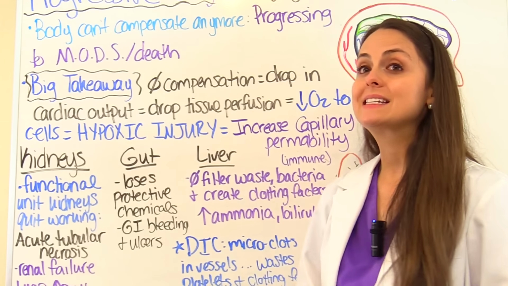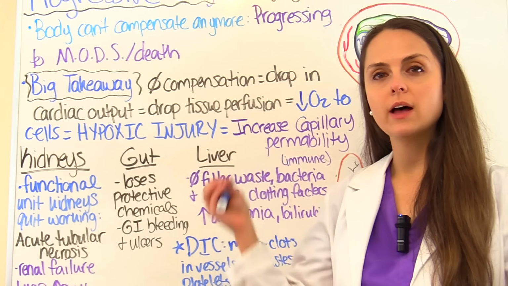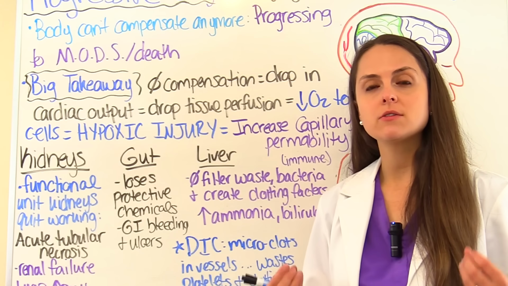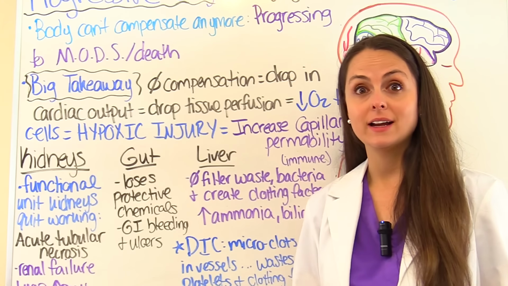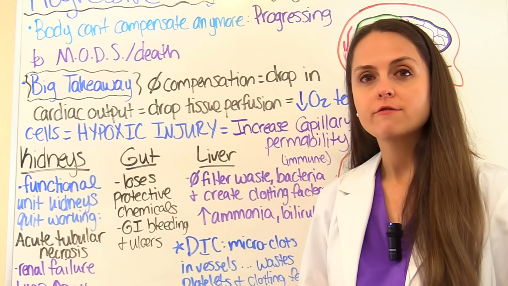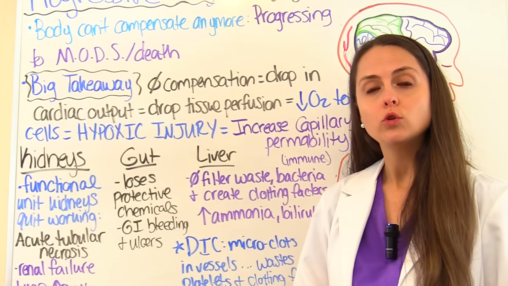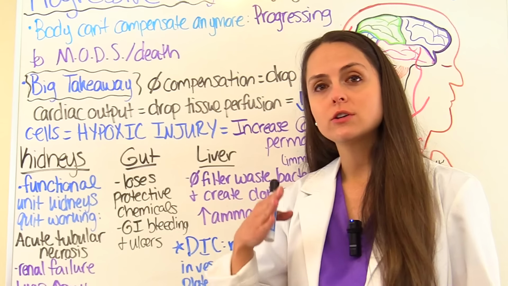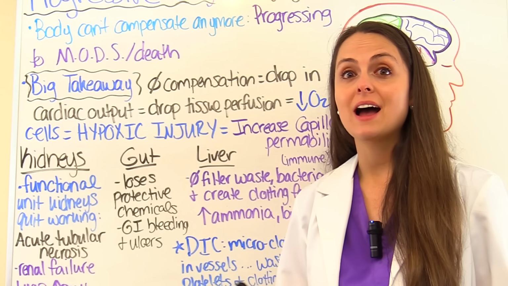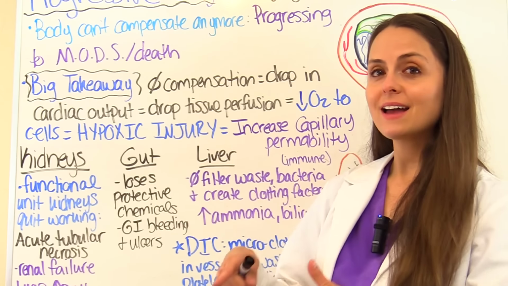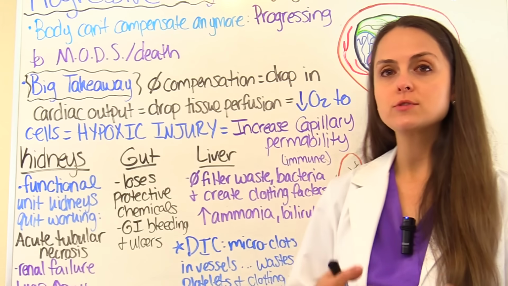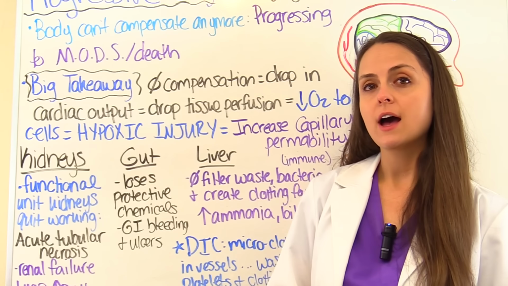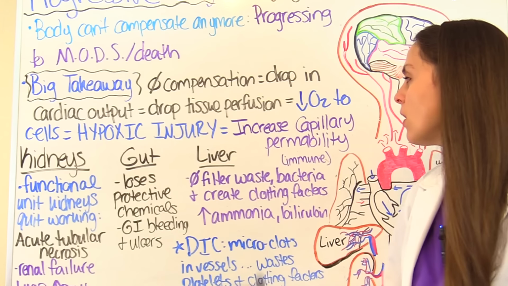Another system affected is our gut. So whenever the gut loses blood flow to itself, we talked a little bit about this in the compensatory stage, but this is going to be so severe that the cells that make up that lining that help protect our gut from the natural acid that's in there will lose their protective mechanism, like the bicarb. So ulcers will start to develop, and this can lead to GI bleeding, massive GI bleeding, which ties to our liver because our liver helps create those clotting factors. So if we're having issues with that, we get a bleeding ulcer in our gut, we can have some major problems.